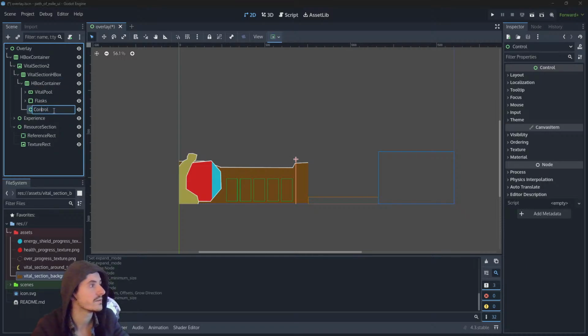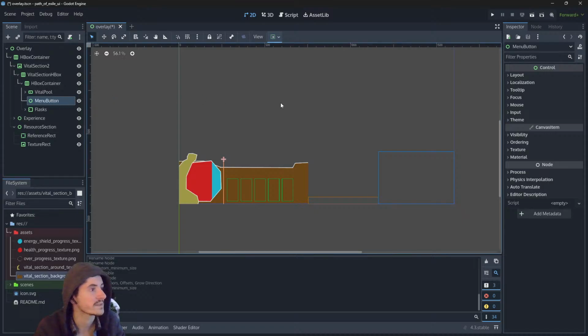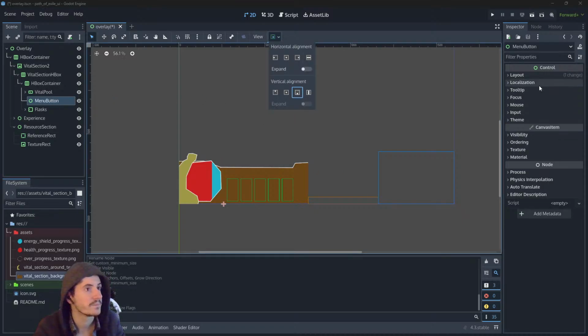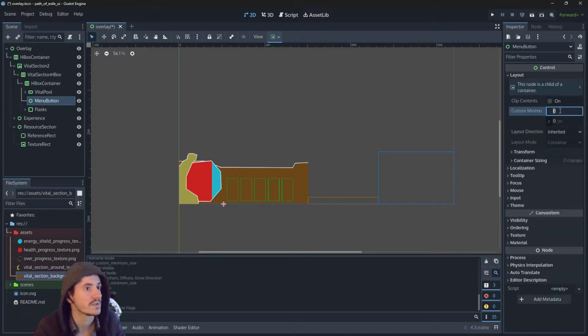This button here. Before the flasks at the bottom with 64,